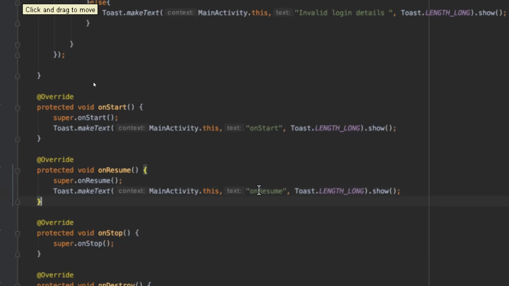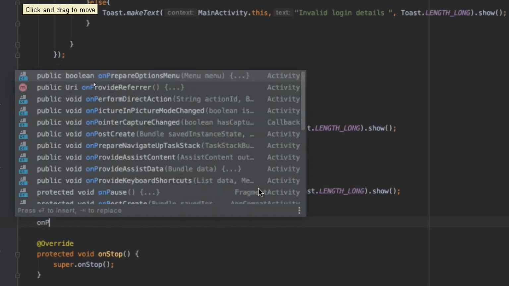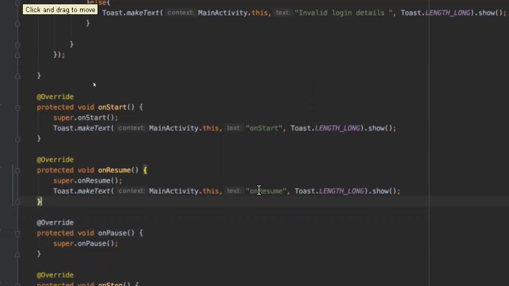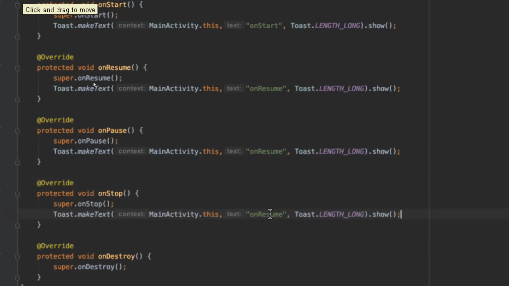If you are moving from one screen, one activity to another screen, it is going to call on pause. If the activity is no longer available, it is going to call the lifecycle method called on stop.